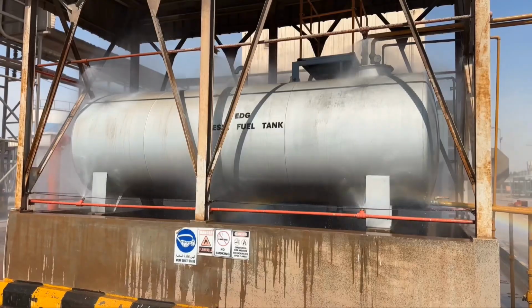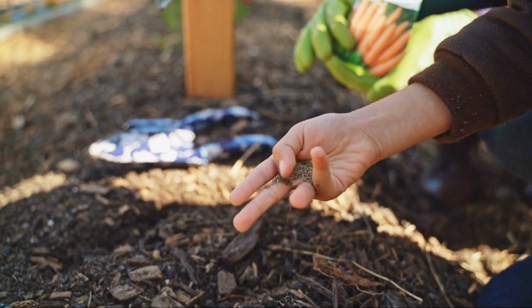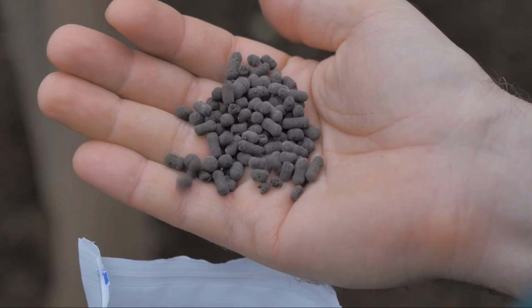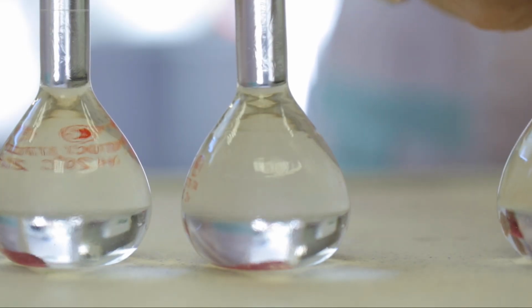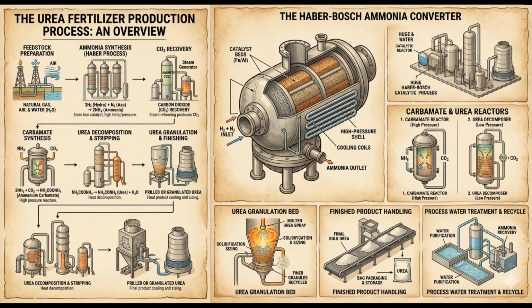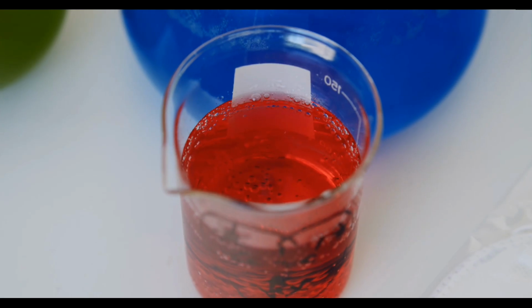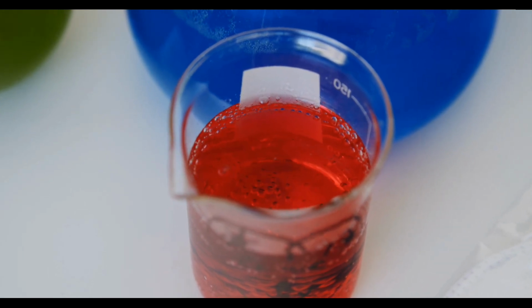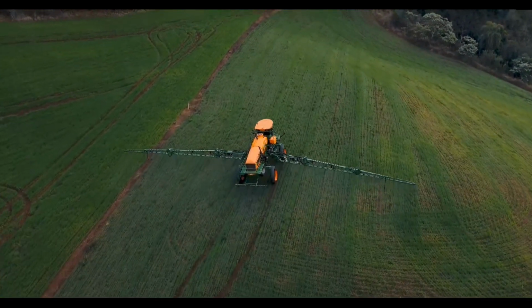Another important thing obtained from crude oil is fertilizer, although fertilizer is not obtained directly from crude oil. Fertilizers are prepared through some chemical processes, and those fertilizers are urea and ammonium sulfate. The gas obtained from crude oil is broken down and hydrogen is separated. After that, the hydrogen is reacted with the nitrogen in the air to produce ammonia. Ammonia is then reacted with carbon dioxide at high pressure to produce liquid urea. This liquid urea is then converted into granular fertilizer and used in agriculture.